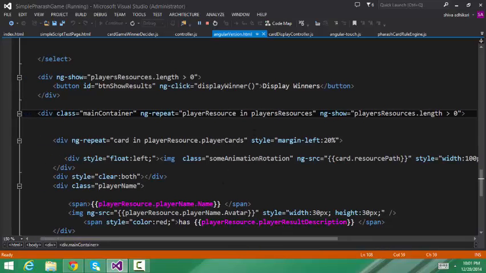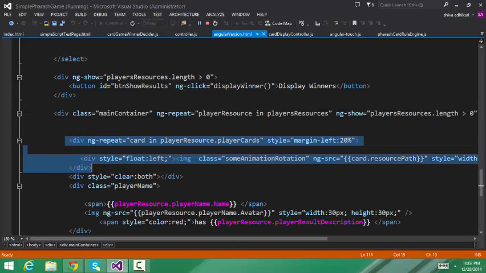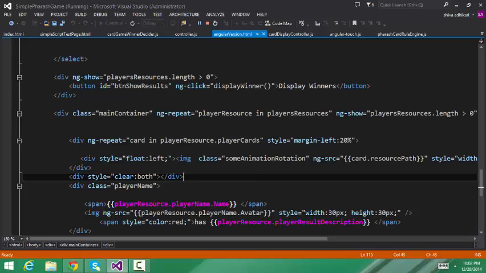Of course, the other thing is I have a second ng-repeat here. It is because each player has 3 cards. So I'm saying here player resource has a property called player cards. Each of these has a sub property called player cards. In this case I'm just asking for 3, so for each of those it's going to run this markup here 3 times. On each iteration,